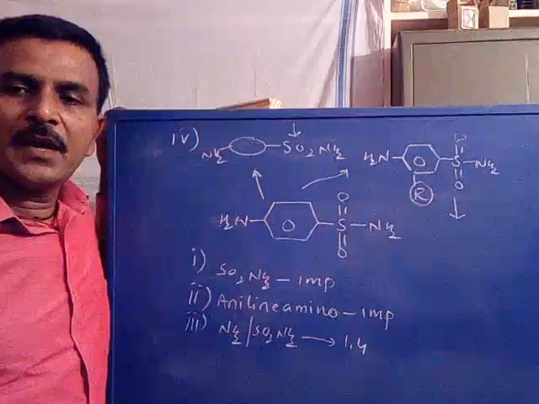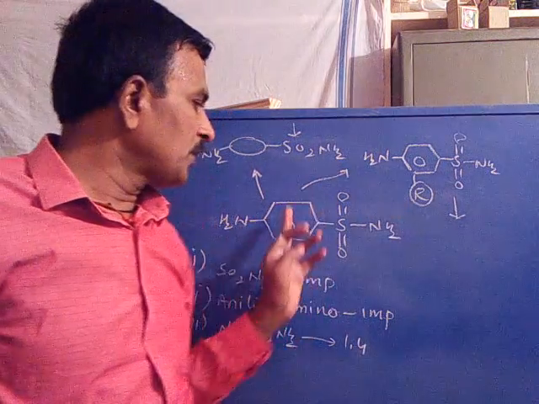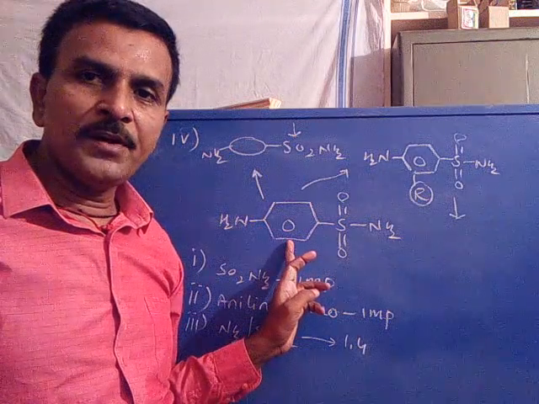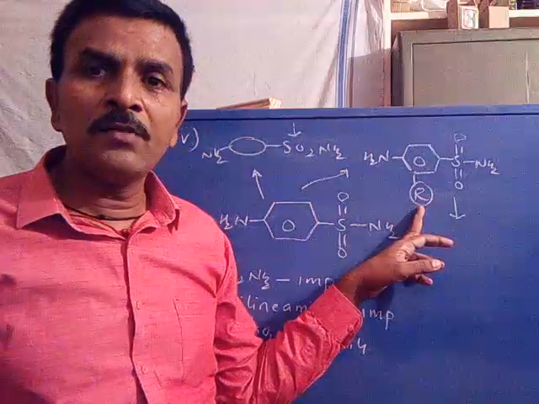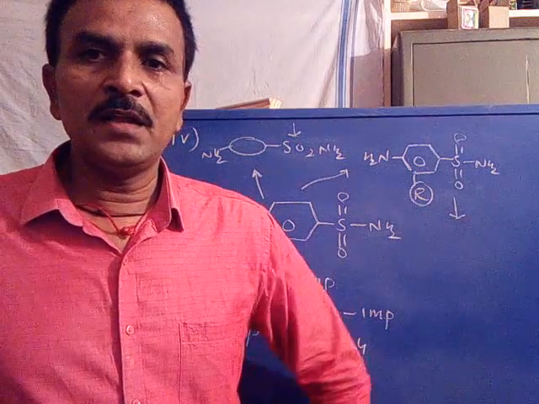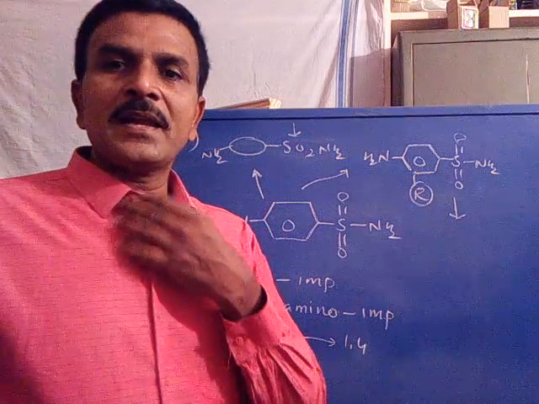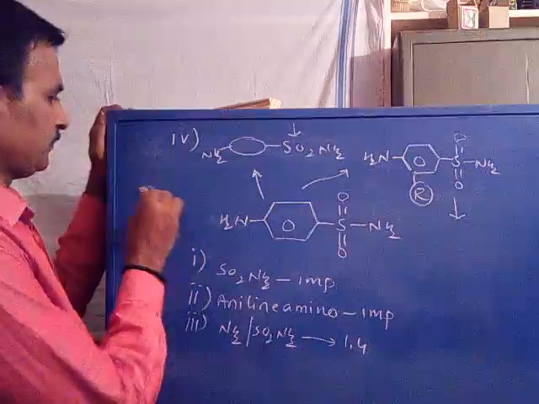So substituting the benzene ring of sulfanilamide with another ring, or substituting hydrogen of the aromatic ring, that is the benzene ring, by alkyl or any other groups, decreases the activity. Is it clear? Now coming to the fifth one,